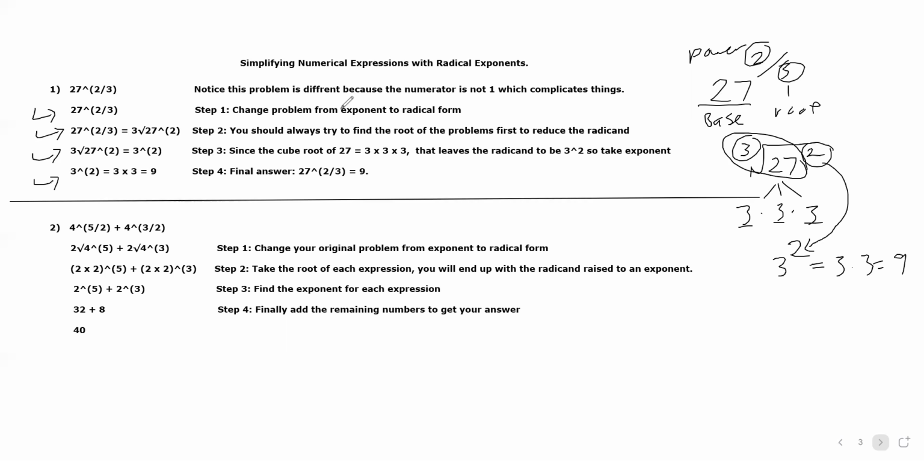But what about number 2? Number 2 is, what if you have 2 of these and you have to add them at the end? What do you do? Well, you're going to do a lot of the same. You'll notice that there's a pattern to these problems. Here we have 4 raised to the 5 halves plus 4 raised to the 3 halves. And we're supposed to add these, which means that we have to figure out each one separately. I'm going to just convert them really quick